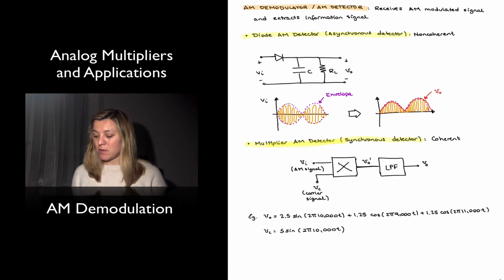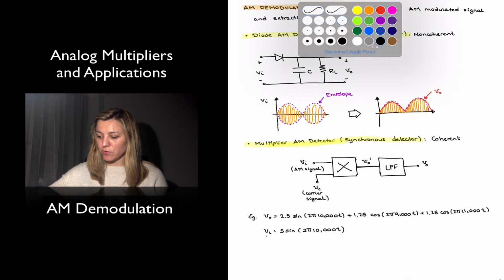So it had the carrier frequency and the two sidebands. And if we multiply that times the carrier signal again, which again had a frequency of 10 kilohertz, we can see that as we multiply the carrier signal times each one of those three terms of that modulated signal,